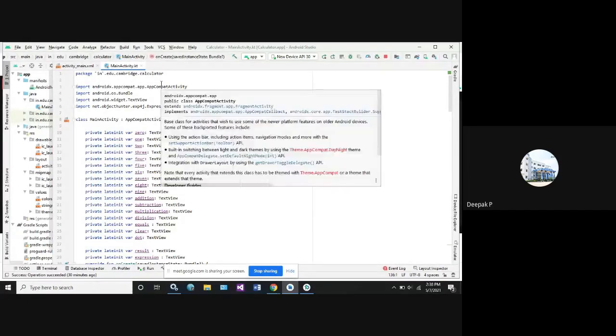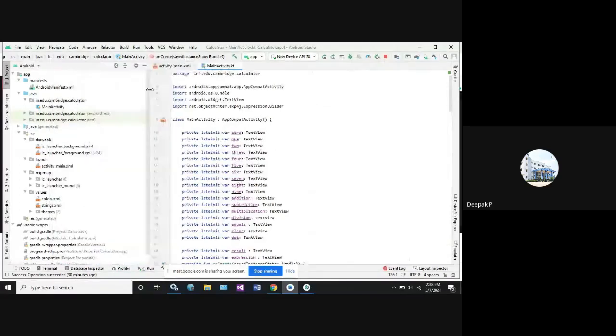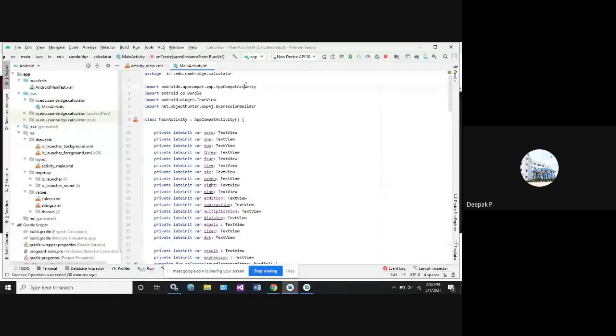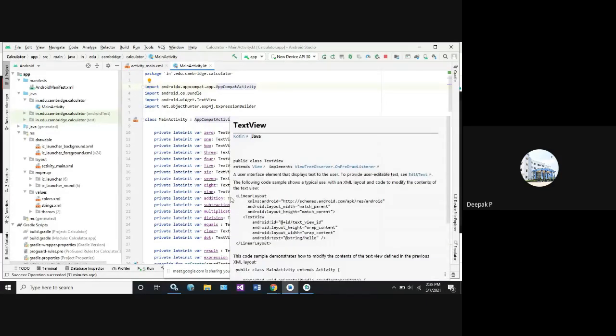So what are the things that have to be loaded? We have written in the activity layout file just the view of the content. Now in the Android Kotlin file, we are going to write the functional mode.